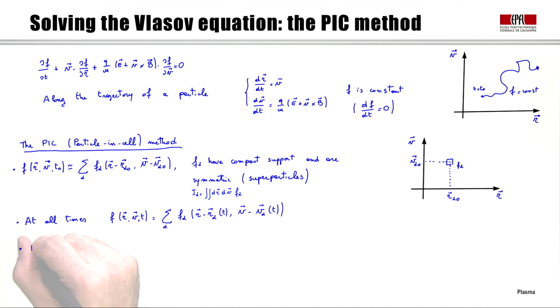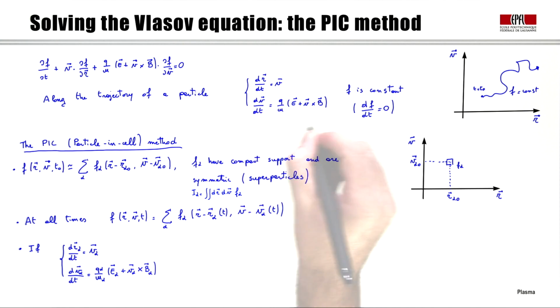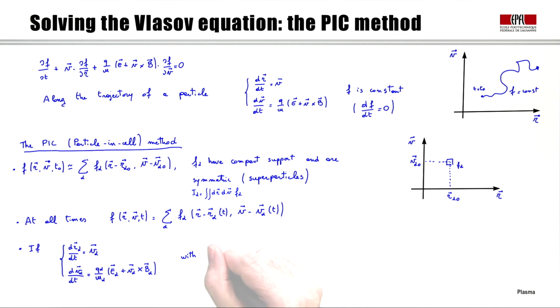In particular, we require that these R alpha and V alpha satisfy the following equation, which resembles very much the equation of motion that we have just written for particles, except for these E alpha and B alpha terms that have to be defined, and we define them according to an integral that weights the electric field according to where the position of this superparticle is in phase space. And analogously for the magnetic field,